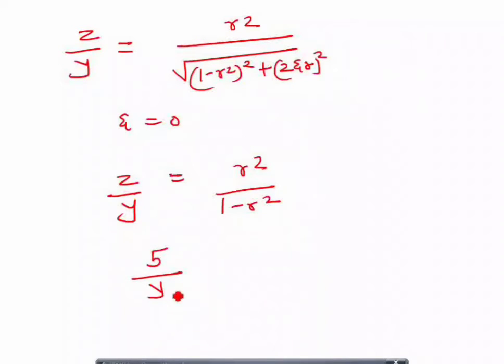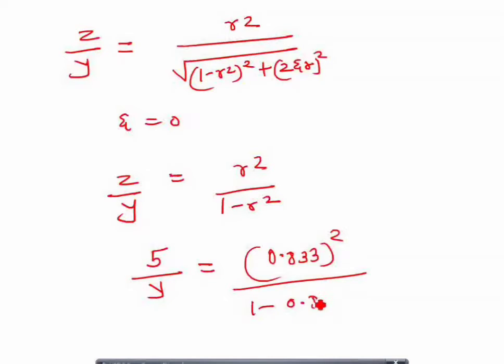So 5 mm divided by y. Okay, so they have given 5 upon y. Sorry, y we have to calculate. So r is nothing but 0.833 bracket square divided by 1 minus 0.833 bracket square. From this I will get y, which is nothing but the displacement of a vibrating machine. So I'm getting y, which is also called amplitude or displacement,